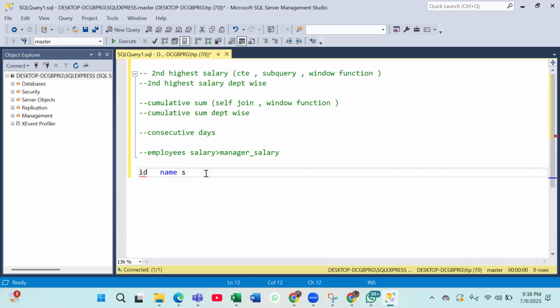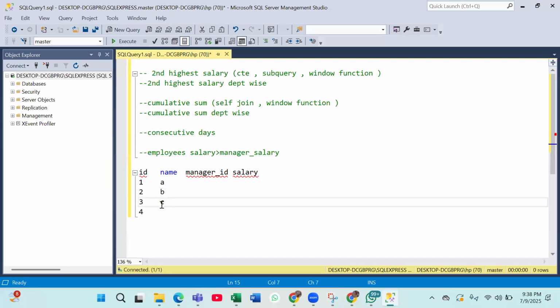We have ID, we have name, and we have salary, and we have manager ID as well. So your question will look like this. You have some IDs 1, 2, 3, and 4. You have some names A, B, C, and D. You will have some manager ID as well. It will be 2, 3, 4. 4 does not have any manager, and some salaries are there, let's say 100,